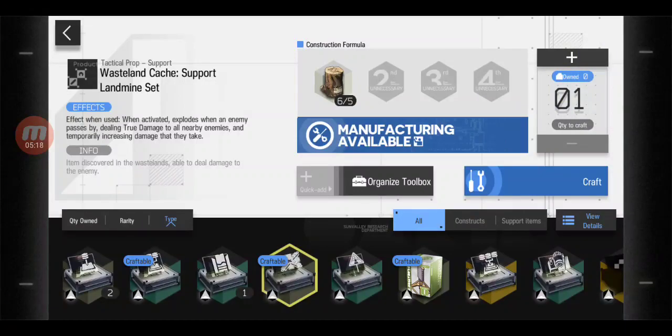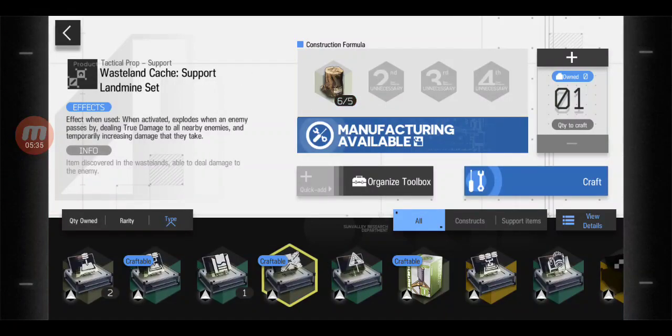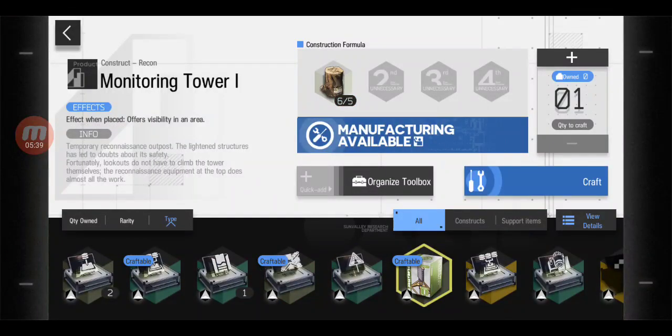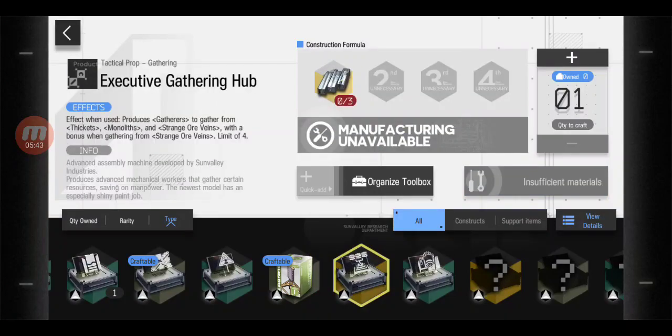Some of these have the ability to give you one of those tools that you get for some stages, like the SP regeneration tool, Snow Sun's escape rope, support landmine sets, monitoring towers give you vision over an area, executive